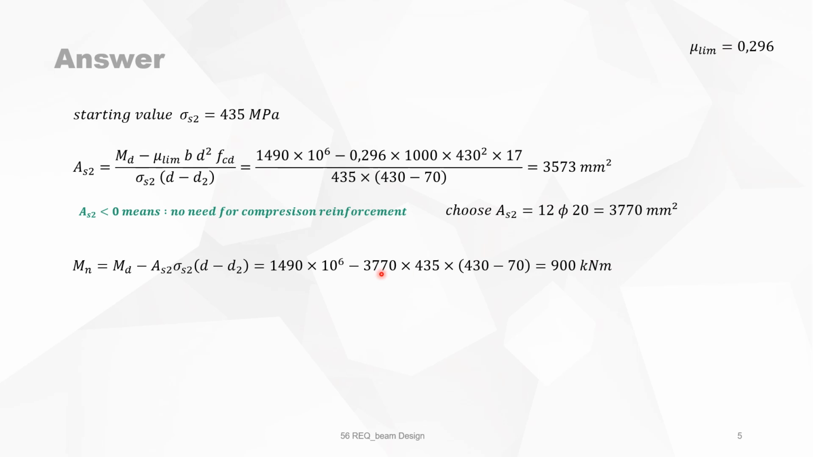So 12 diameter 20. The nominal bending moment is then the difference between the bending moment that is applied minus the bending moment that is created by the compression reinforcement. We fill in the different parameters and we have 900 kilonewton meter. The reduced bending moment for the nominal bending is then equal to this bending moment that we found, 900 kilonewton meter, divided by the width, the effective depth squared, and f_cd. And it gives you